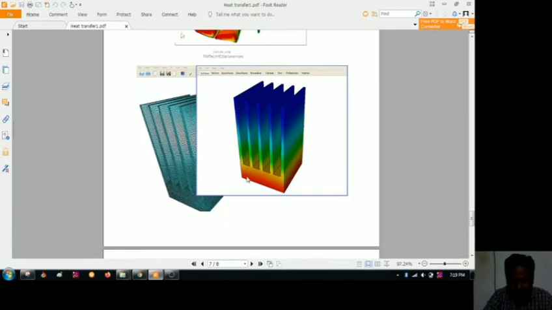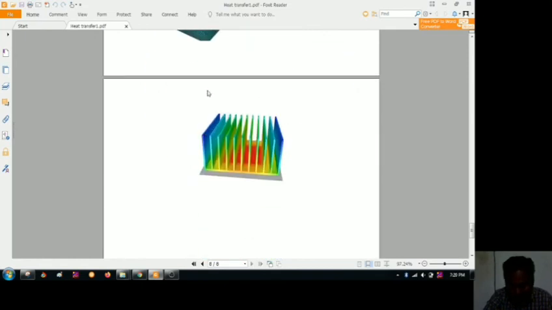You can see here, the red zones are at a very high temperature, and if we take this as the origin and go to the end of the other portion, you'll see that there is a heat reduction. Why? Because this is exposed to the air, so air is coming and taking the heat and going away, right? So this is one of the heat transfer kind of things. Typical heat transfer, as you all know, more pin fins are here. You can see that the heat source is at the bottom.